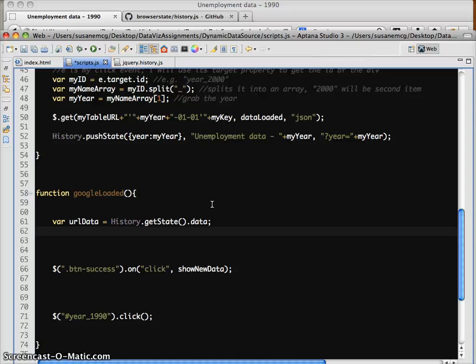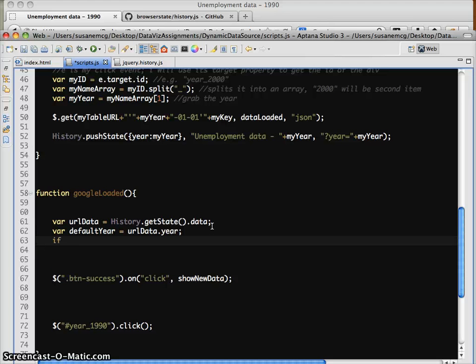So what I'm going to do is say var default year. Don't make it just default. I could actually just do this, it's going to be URL data.year. Okay, and then what I'm going to do is check. It may seem a little strange because I will originally have set the year to an empty value if this is the case, but it saves me one conditional statement. So basically I'm going to say, look, if that URL data object